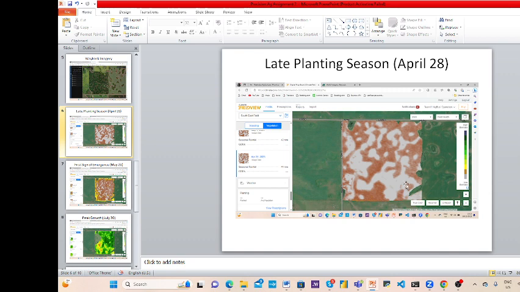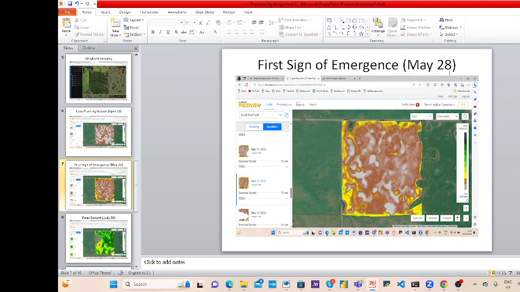So we expect to see low biomass, but then there's going to be progression as we move into the season, as we're going to see. This is the first sign of emergence, May 28th. We're able to see that because of the changes we're noticing. Yellow, green in most places. The soil is beginning to be receptive, the seed is beginning to sprout, and now there are a few bioactivities going on